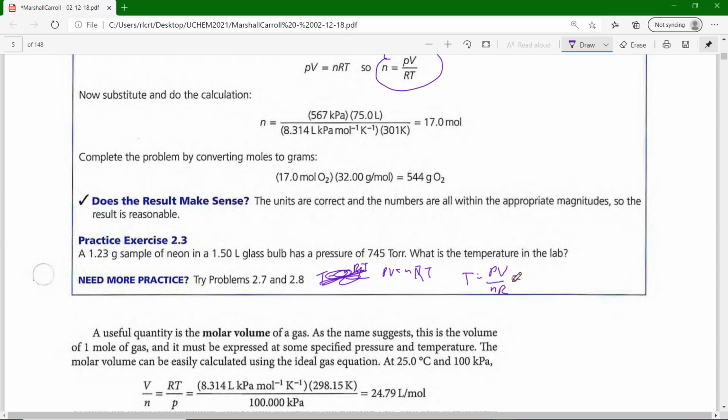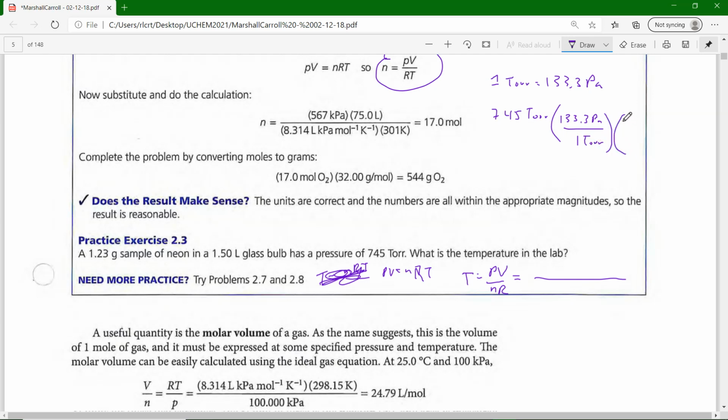The pressure is 745 torr, or 745 millimeters of mercury. Now let's convert the torrs to kilopascals. 1 torr is 133.3 pascals. So I multiply 745 torr by 133.3 pascals in 1 torr,